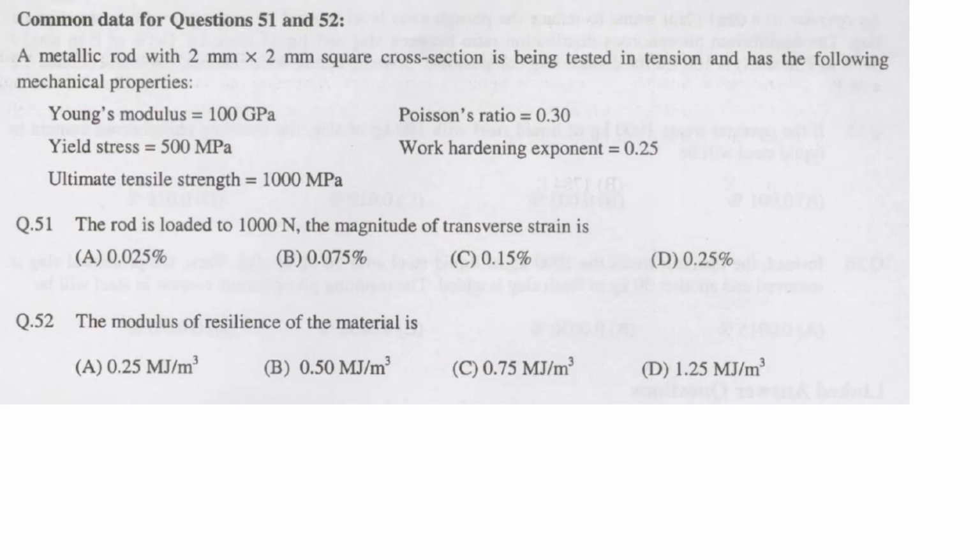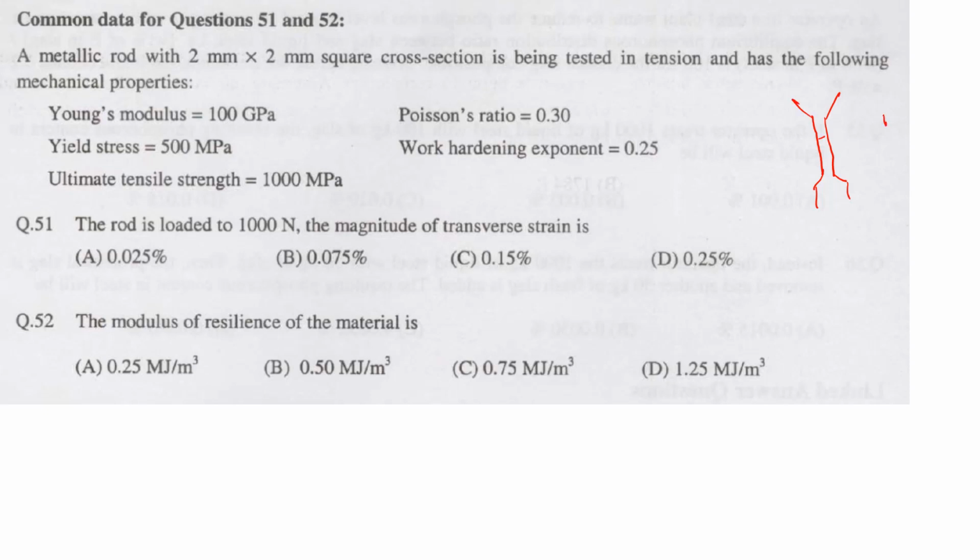Next, a metallic rod with a 2 by 2 mm square cross section is being tested in tension and has the following mechanical properties: Young's modulus, Poisson's ratio, yield strength, work hardening exponent, and UTS. The rod is loaded to 1000 Newton. The magnitude of transverse strain is, okay, so this is your specimen,